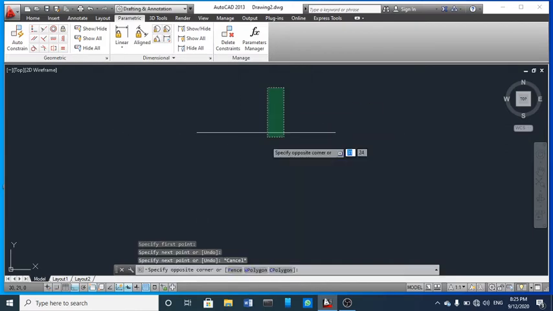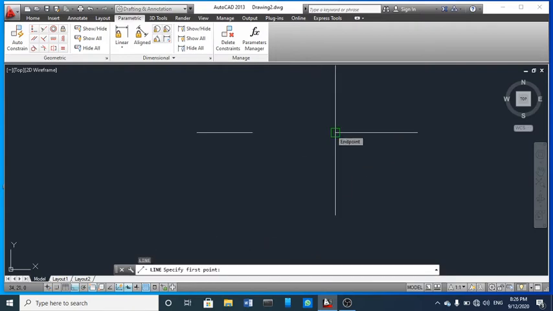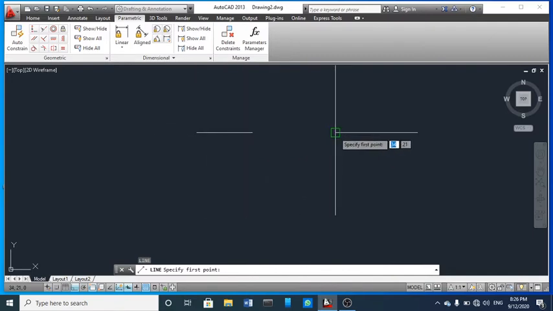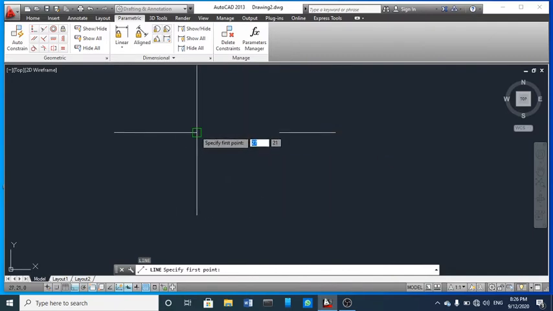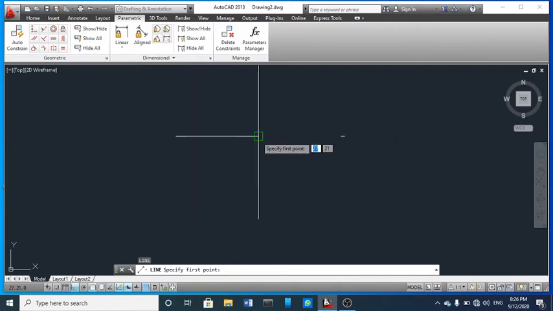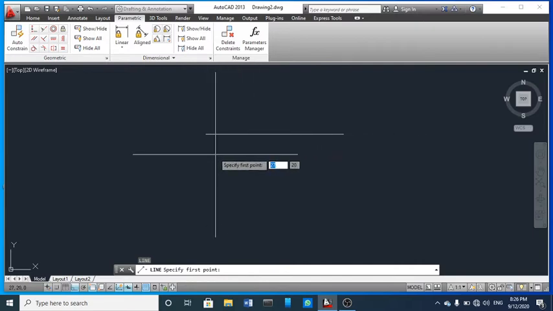Now you can see if I choose another line, you can see only two endpoints here. There are no midpoints because I have used only endpoint. You can see here a green square. So this is the notation of endpoints.